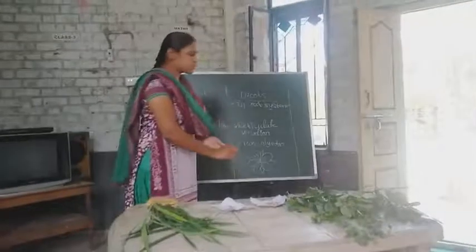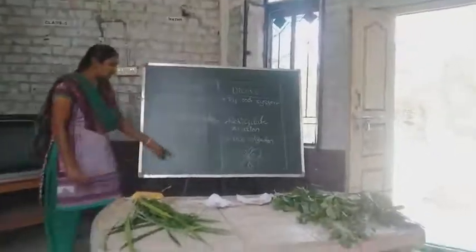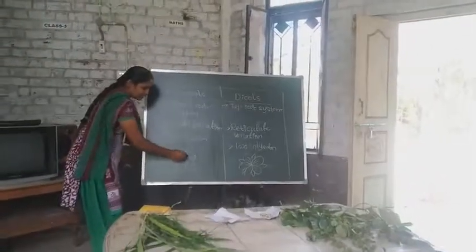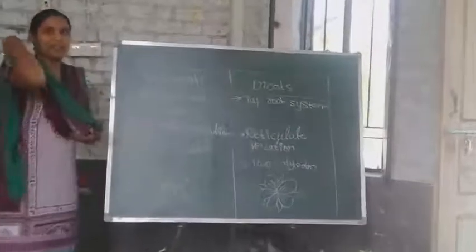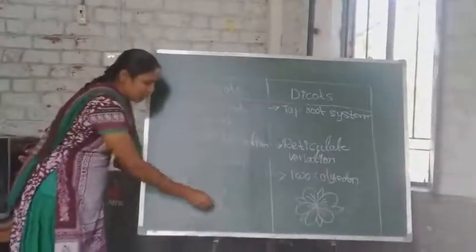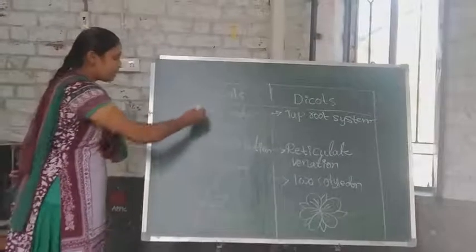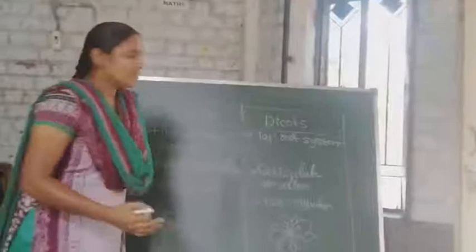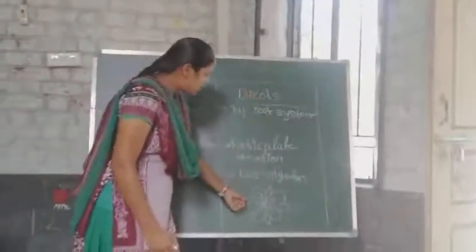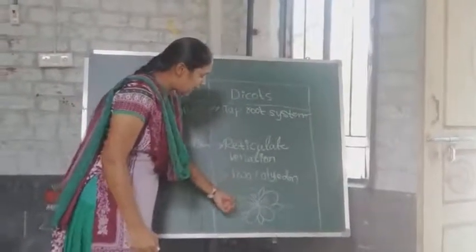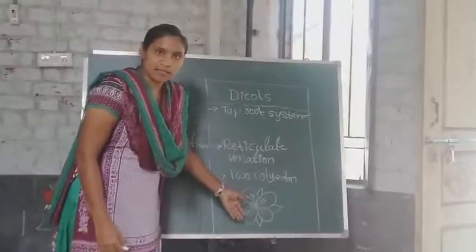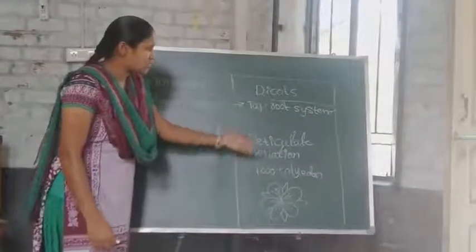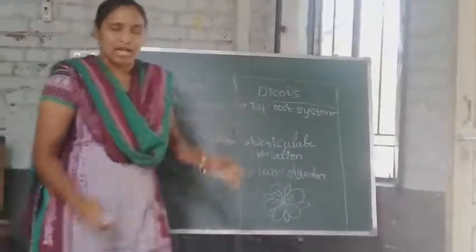When we come to flowers, observe these two flowers. Monocots have 3 petals or multiples of 3. Okay. 3 petals or multiples of 3. So this type of flower we can observe in monocots. Okay. Now we can observe dicot flowers. Dicot flowers have 4 or 5 petals and multiples of these, and we can observe this type of flower in dicots. Are you clear, guys?